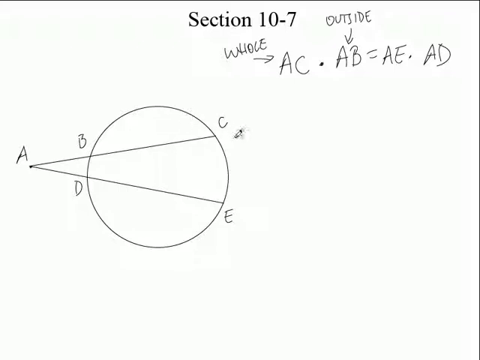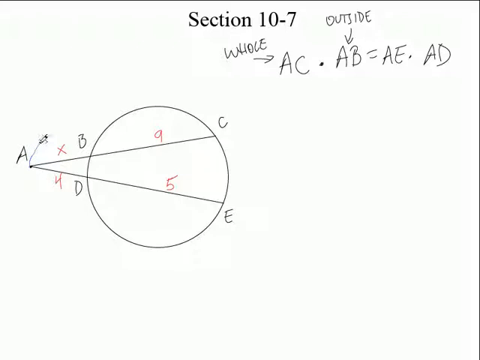we'll do this one. Let's say that this little bit right there is x. Let's say this segment is 9. This one is 4. And this one is 5. Again, not necessarily drawn to scale, but that's okay. And we want to solve for x. All right, so you just have to go through